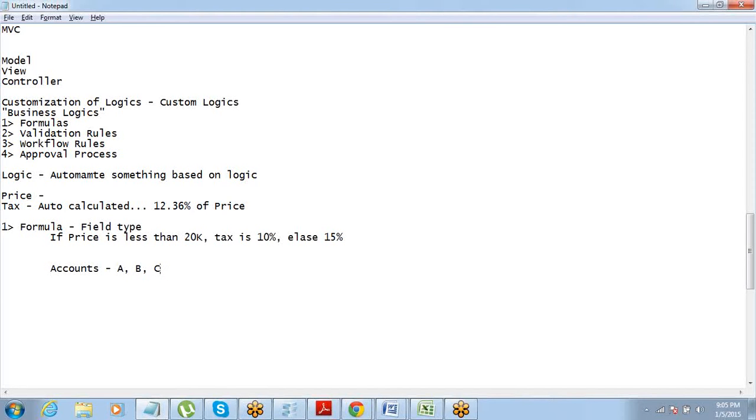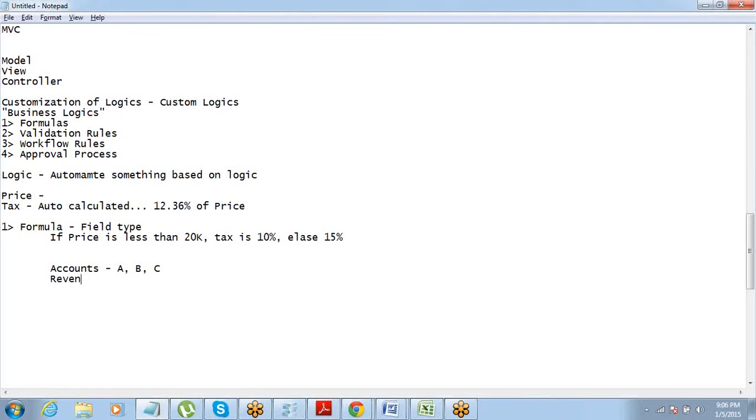You want to categorize accounts because you might have some good salespeople, and then you might have some salespeople who are not that good. So in that case, you try to give the best accounts to the best of the people, and the ones which are not that big accounts, those you can give to the new sales guys, right? So for categorizing these accounts, sometimes companies do have defined logics.